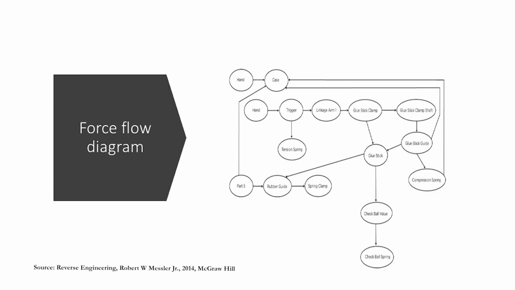Then you can draw a force flow diagram for it. The force flow diagram shows how it works. From your hand there is a trigger that goes to an arm of the glue gun,